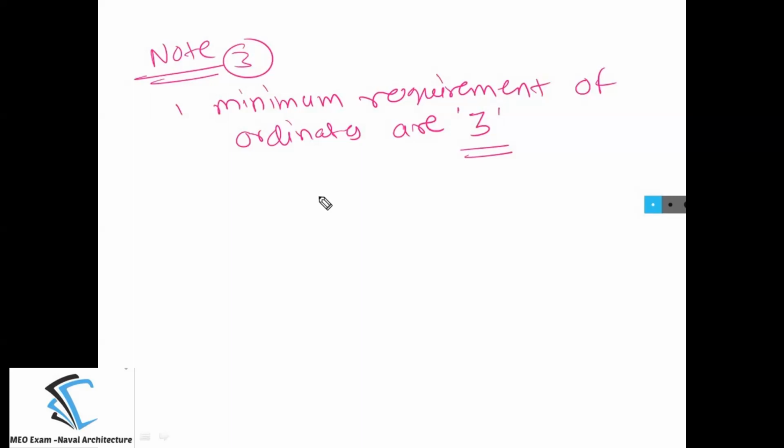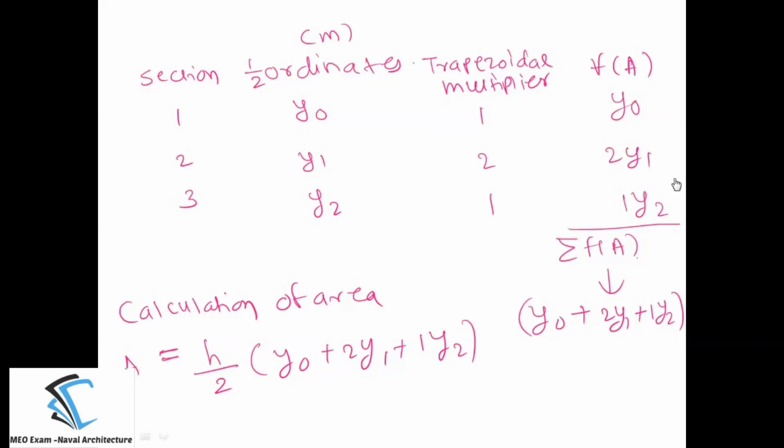We will do one numerical on the trapezoidal rule, and then we'll end the class. In the next class, we are going to see how to utilize Simpson's rule and why Simpson's rule came into the picture, although we have the trapezoidal rule with us. So, how to do the calculations for the trapezoidal rule for calculation of the areas as well as the volume.